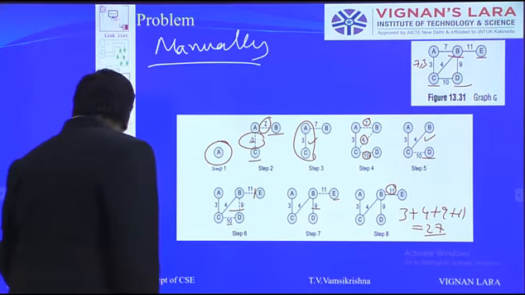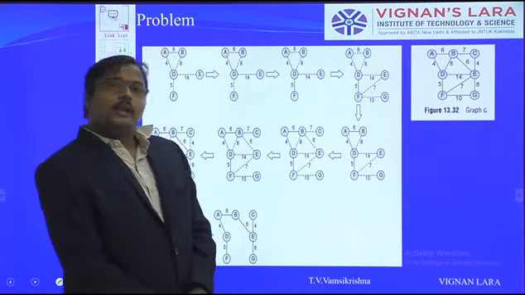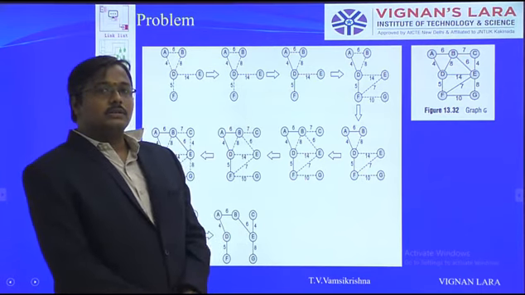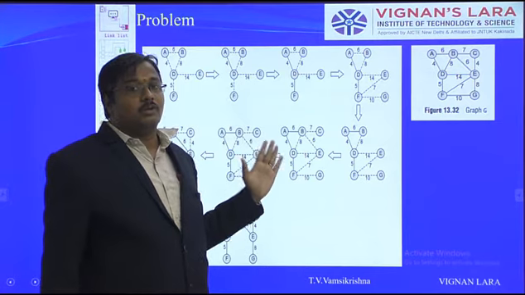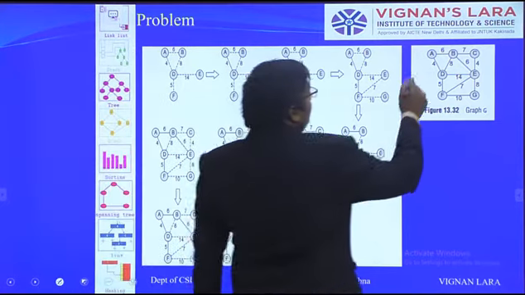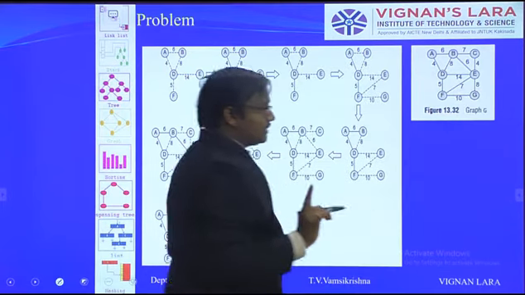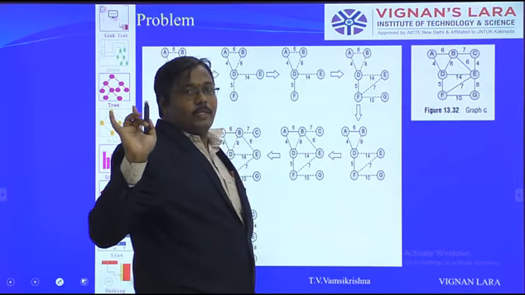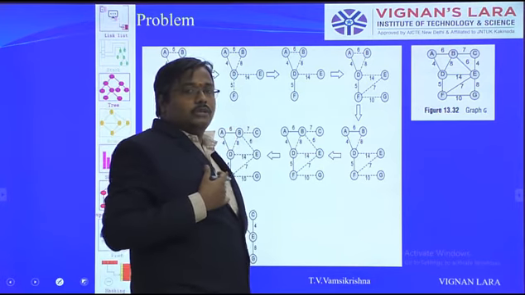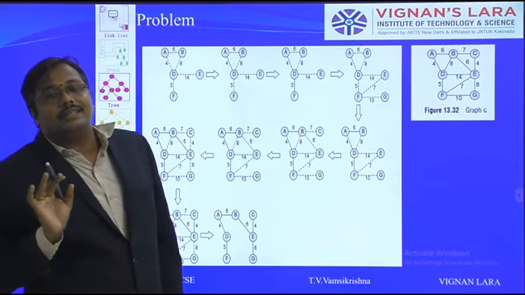One more example also I am giving. So this is a problem. Again we are starting with C. Prim's algorithm is very important. That's why I am giving one more example. So these are the vertices. So here how many vertices are there? 7 vertices are there. So to connect 7 vertices, 6 edges are enough. So our objective is to calculate the minimum 6 edges to connect all these vertices.